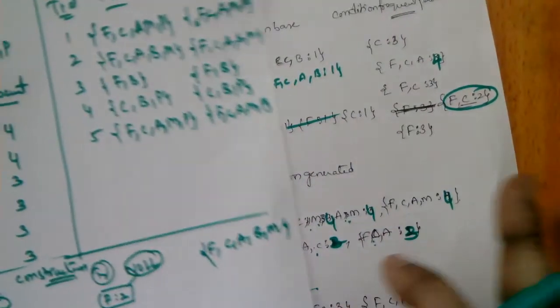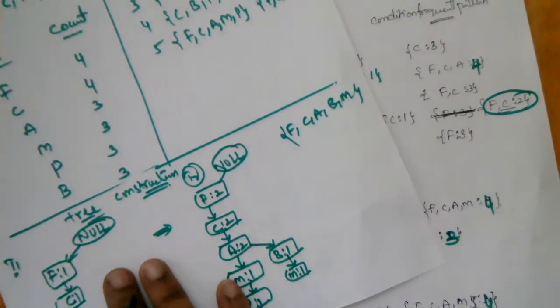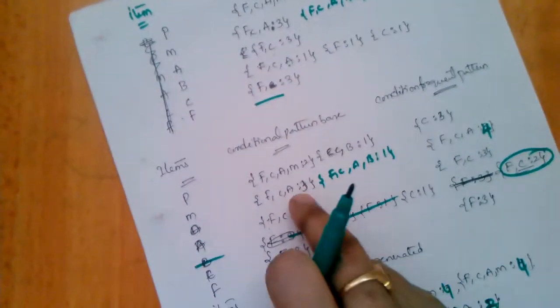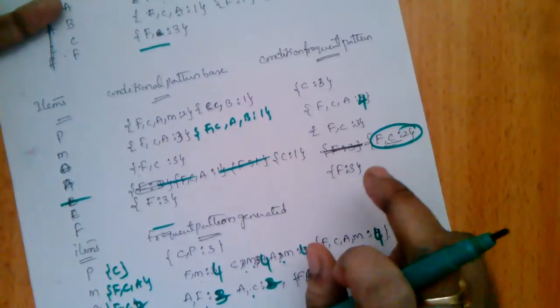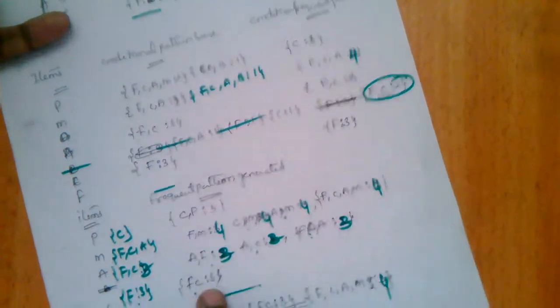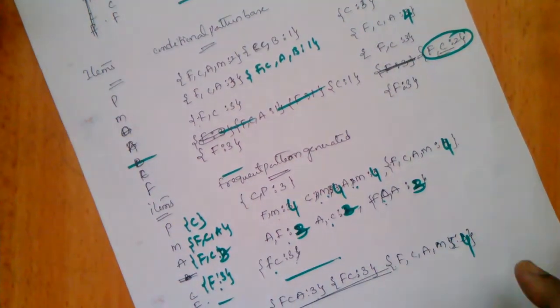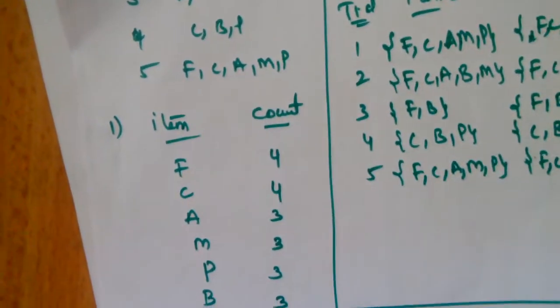Okay, in this way we have to find the frequent patterns in the FP growth algorithm. First we have to construct the FP tree. From that FP tree we have to write the conditional patterns, and from those conditional patterns we have to find the frequent patterns, and we will make an association and then find the frequent patterns whose support should be greater than or equal to 3. This is called the FP tree growth algorithm.